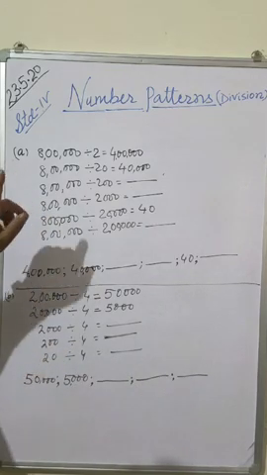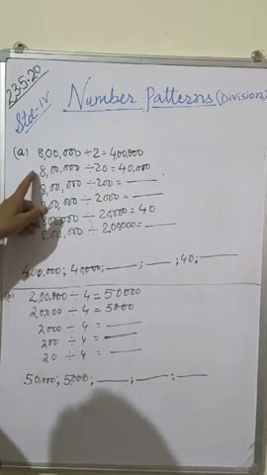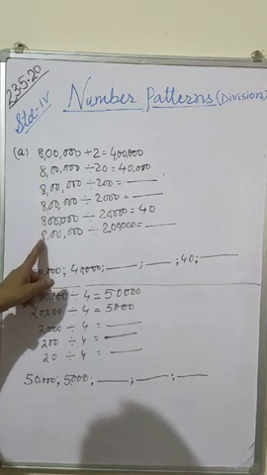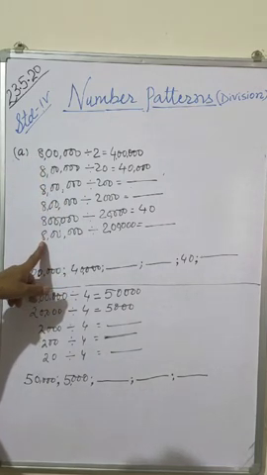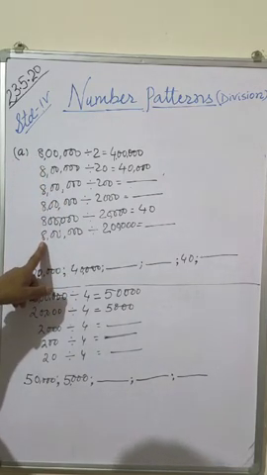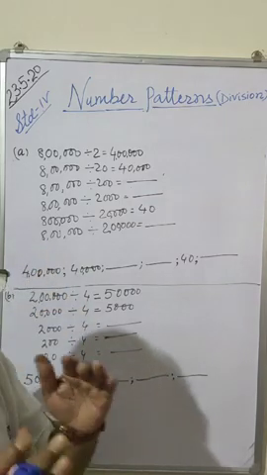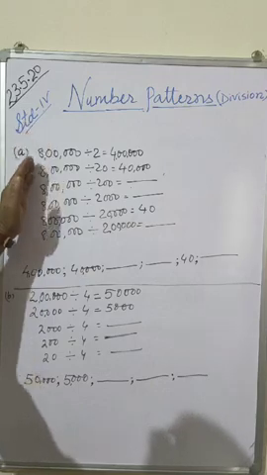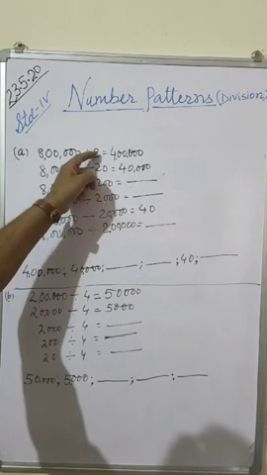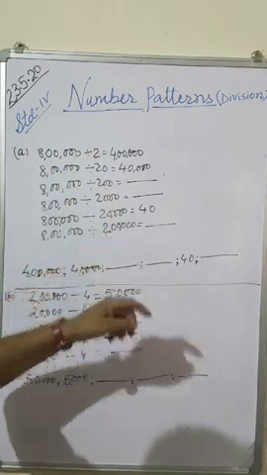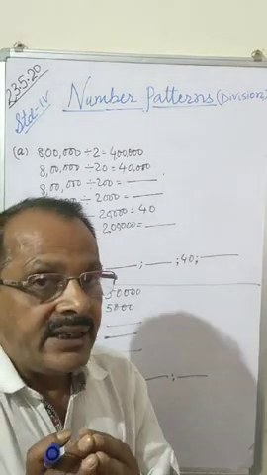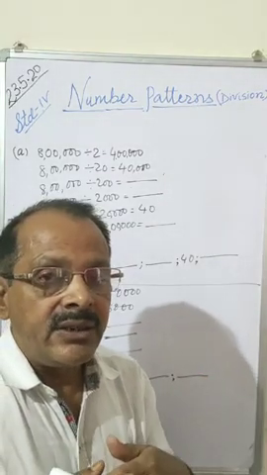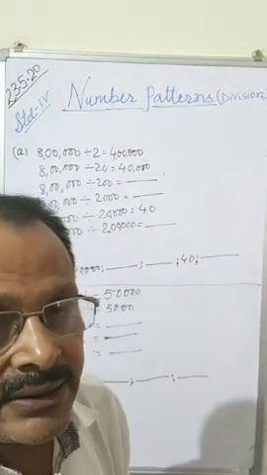Now children, two questions given. See properly. In first question, all the dividends are same. Be careful children. Here you have to watch steps. What is going on? Dividends are same, but divisors are increasing. If your divisor increased, quotient will be decreased.